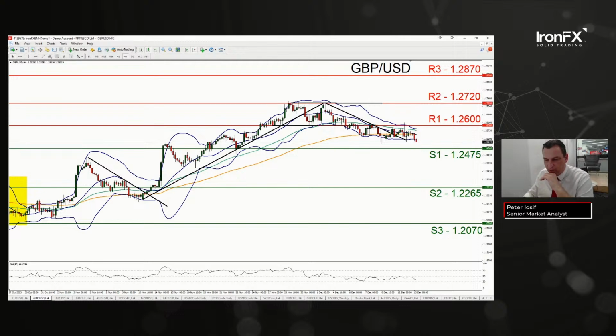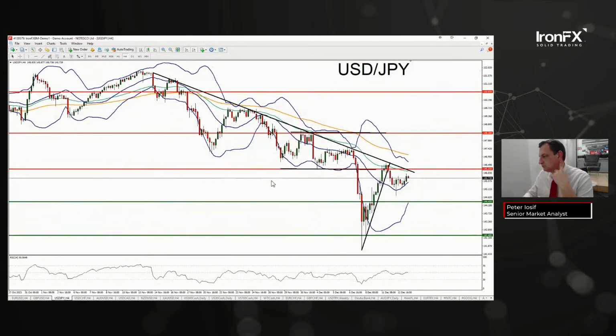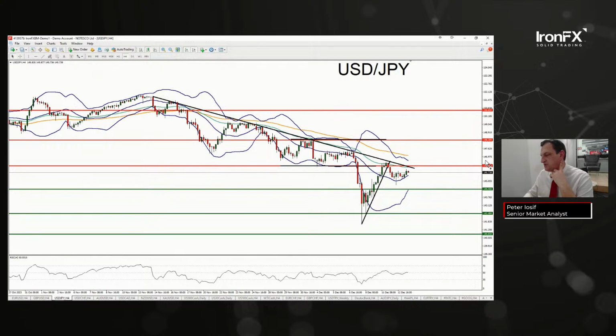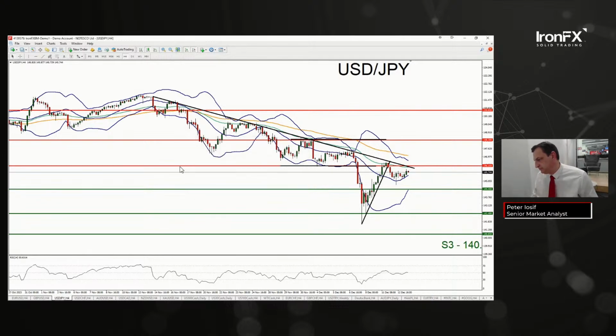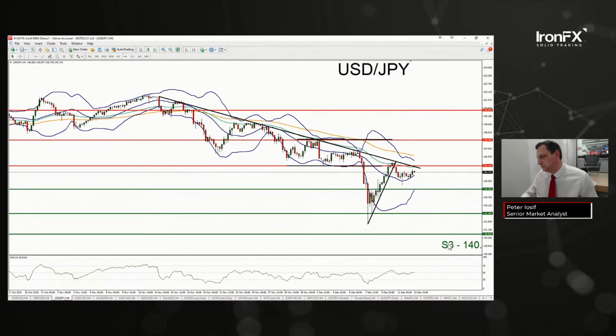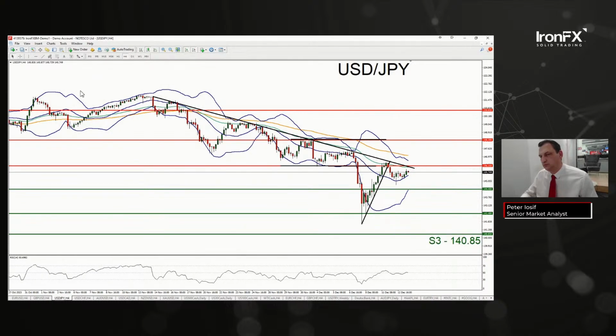Let's have a look at USD/JPY. Also in sideways motion. Yet the downward trend line remains intact, but the pair has failed to score a lower low. So that tends to imply some sort of stabilization here. Let's add some labels, starting with the S3 placed at 140.85. The S2